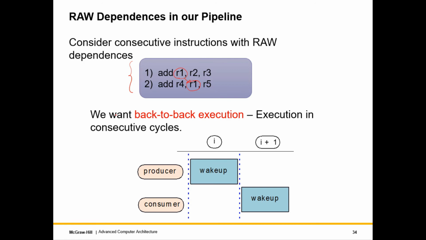So what we ideally want is back-to-back execution, because after all, in an in-order pipeline with forwarding, they would execute in consecutive cycles, right? We would have forwarding, pretty much MA to EX forwarding, right? Memory access to execute forwarding, we would have that. But an in-order pipeline would ensure what is called back-to-back execution, or execution in consecutive cycles. If we do not get that in an out-of-order pipeline, then for a long piece of code which has a chain of dependencies, an in-order pipeline would give us a higher IPC as opposed to an out-of-order pipeline, and this is not acceptable to us.